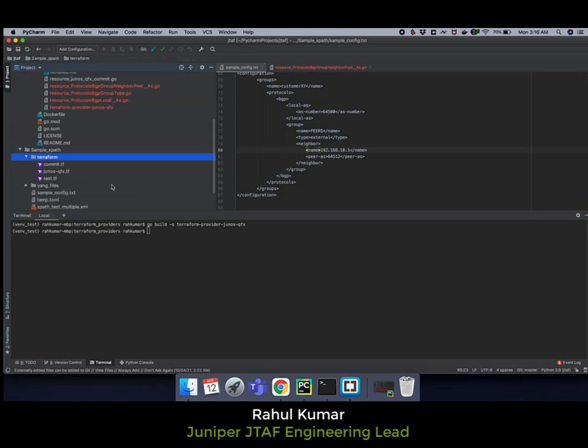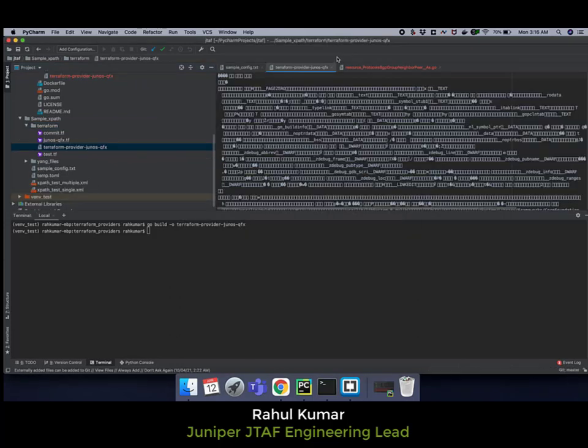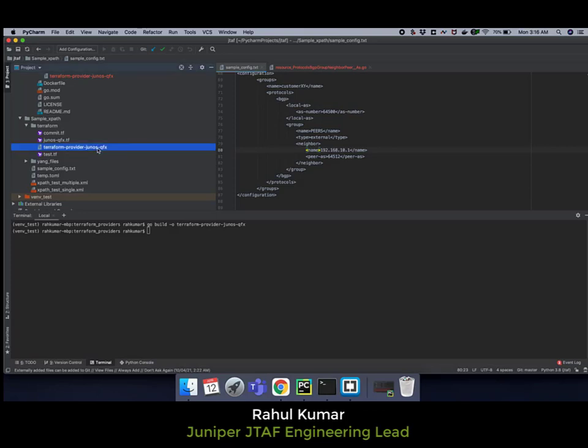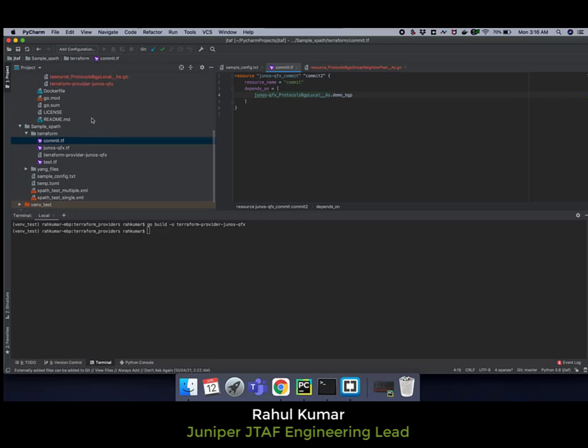I will copy it to a directory where I have already created some sample test files. I will show you the sample test files. In commit.tf, I am adding a dependency on what is mandated to be committed before a commit is executed.